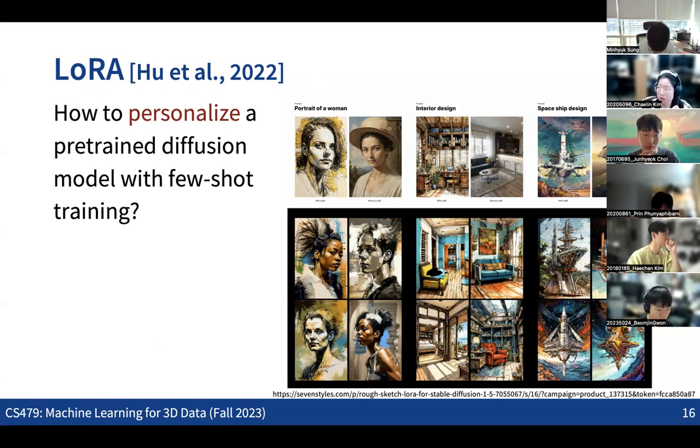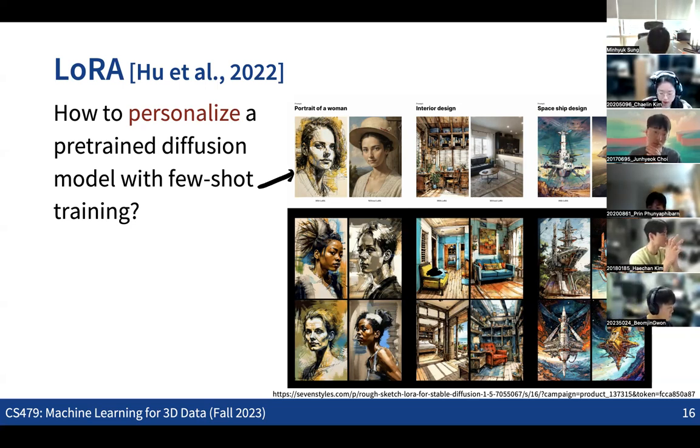What we mean here is adapting the pre-trained diffusion model to a specific domain of data or a specific style of images, so that we can get stylized outputs with the same style or content, given a very small amount of training data.